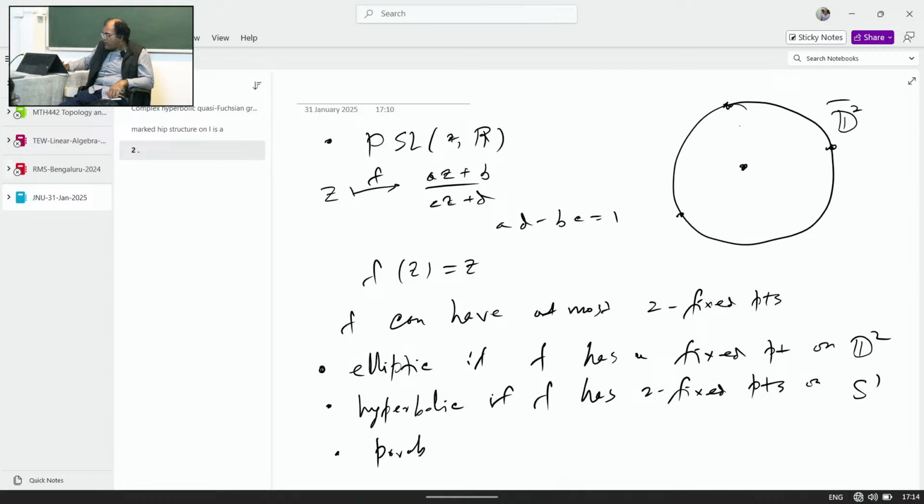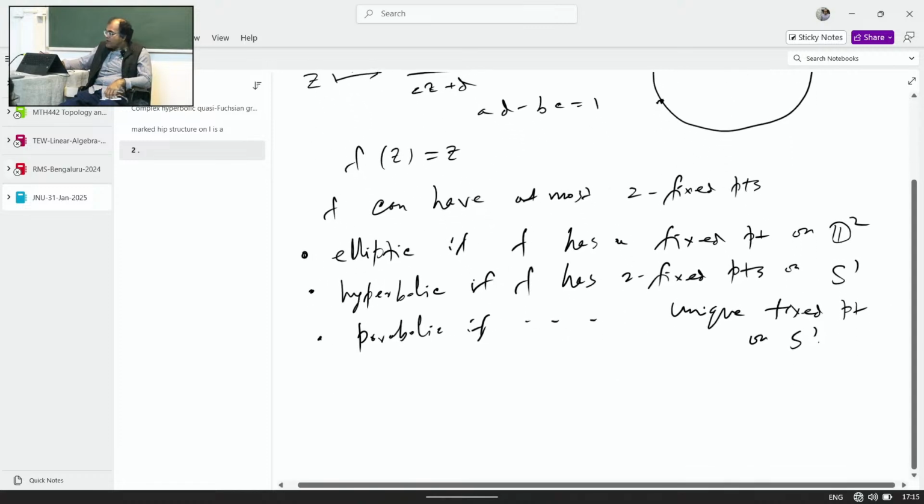It is called parabolic if f has a unique fixed point on S1. Okay, and this is a trichotomy. There cannot be any other type of isometry or any other type of Mobius transformation of the unit disk. So now,